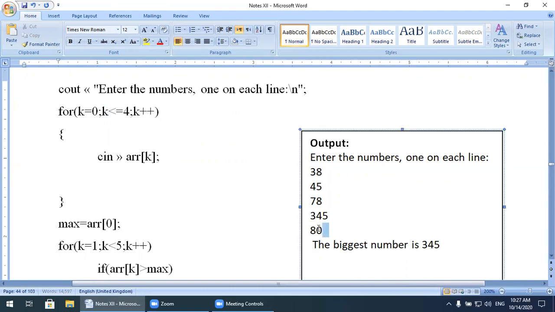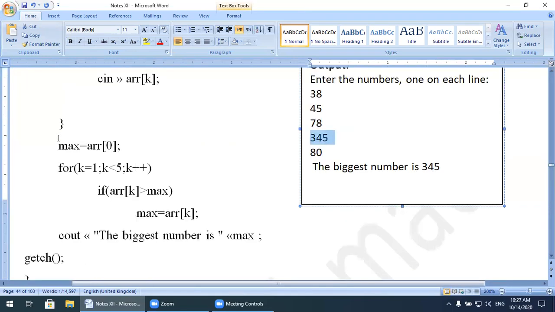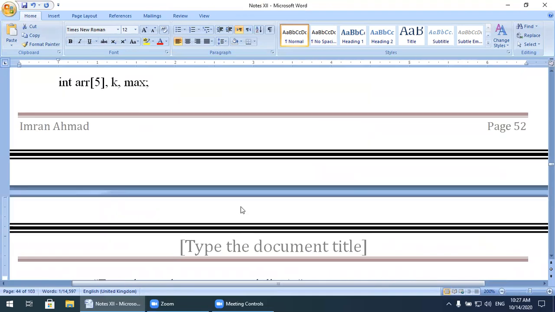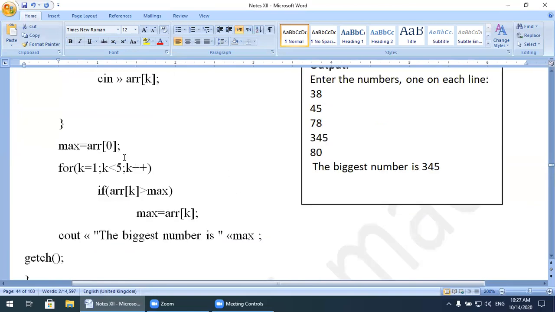Now I enter the 5 integer elements. With the help of an array, I enter the 5 elements. Now what to do? We are going to find which one is the largest number that we have entered. According to this data, this one is the largest number. Now the computer automatically selects which one is the largest number. So this process starts. Max, which I use as the max variable, I say initially its value is 0.